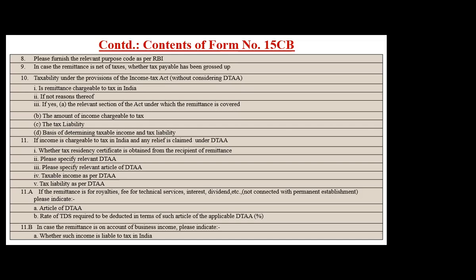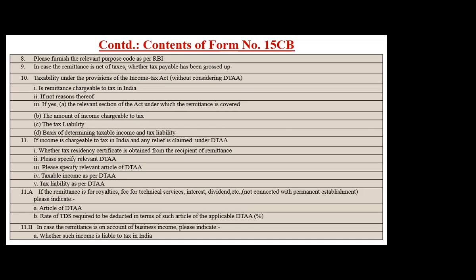Now coming to 11. So 11 has 4 portions, and the very first question it asks is whether TRC is there or not. We have already discussed TRC. So you just have to say yes or no, whether TRC is there. Then you specify the relevant DTAA, specify the relevant article of DTAA, tax income and all that. In this particular case, where you have taken the benefit of the protocol also, then along with the article, write the protocol also. Write that, DTAA article so-and-so, read with protocol so-and-so, protocol of the treaty where MFN benefit is taken, most favored nation clause benefit is taken. So write there only.